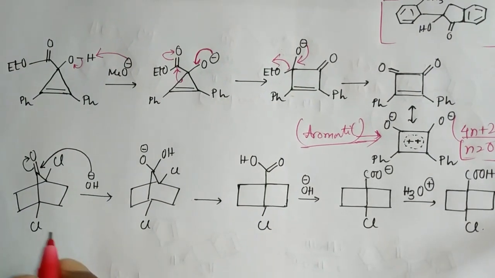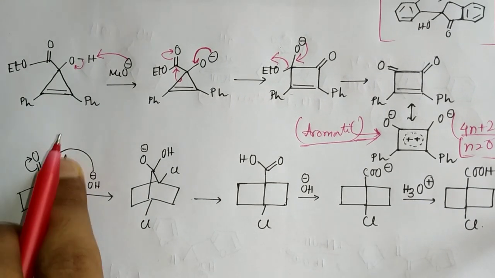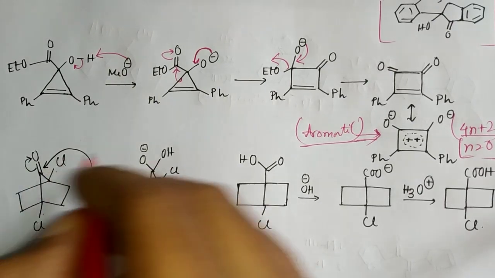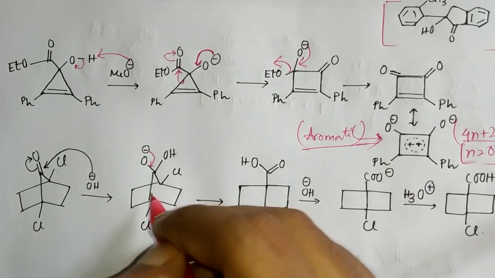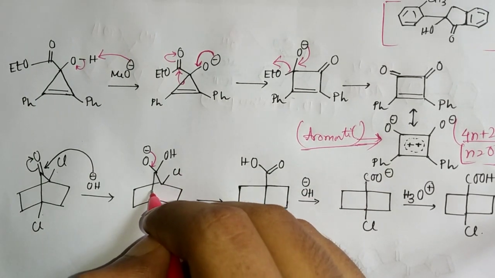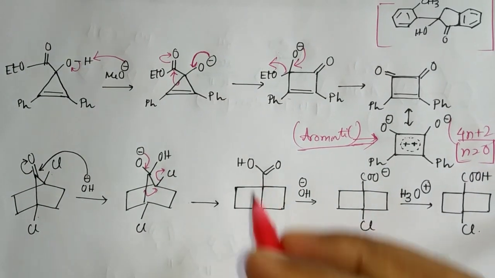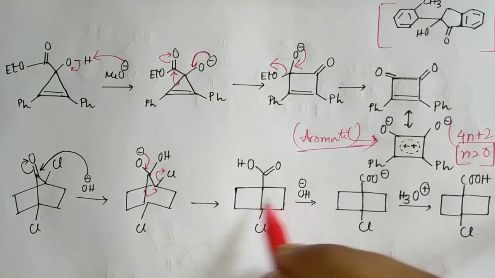a substrate like this one. There is a 1 chloro, here is a 1 chloro, there is a 2 chloro group over here and here, and this OH minus is attached to this carbonyl carbon, and these bonds go for this O minus, and you get this O minus back over here, and it will migrate to this center, and this Cl will leave from the system. And that is how you can get this type of